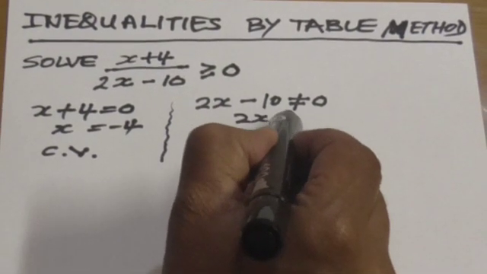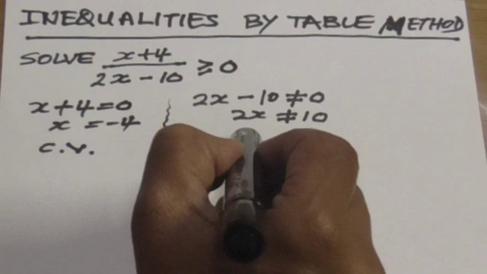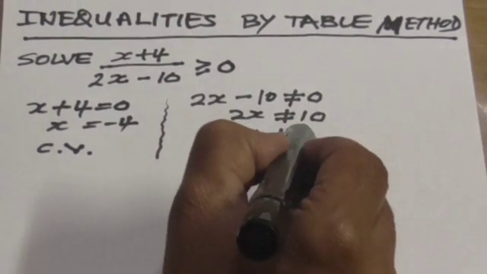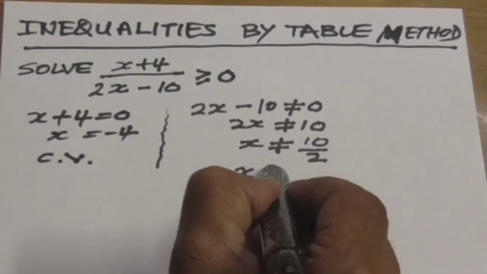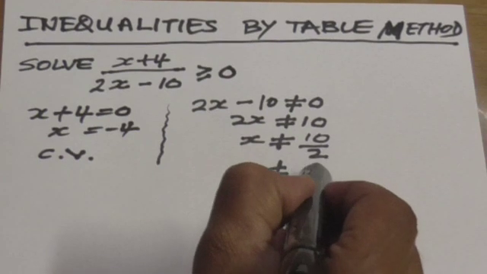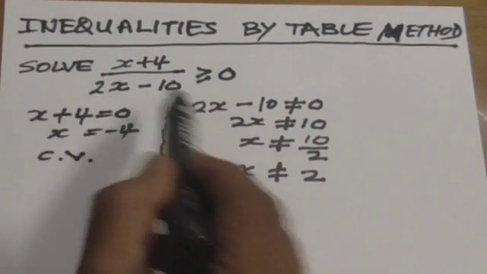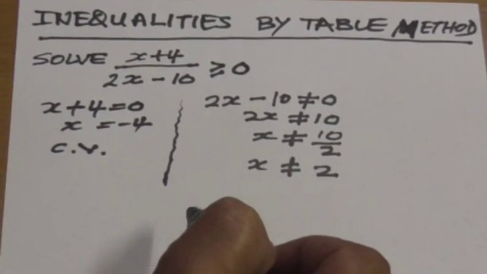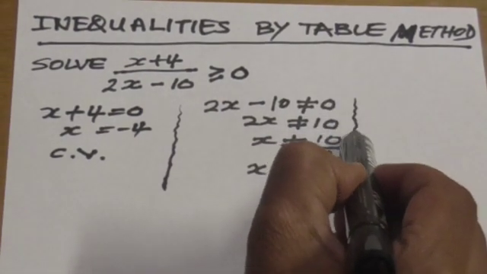Firstly, 2x minus 10 must not equal 0. So 2x is not equal to 10. So x is not equal to 10 over 2. There's a restriction. In the denominator, x cannot be equal to 5. So that's the first thing. We did the restriction for the denominator. Now what we do,